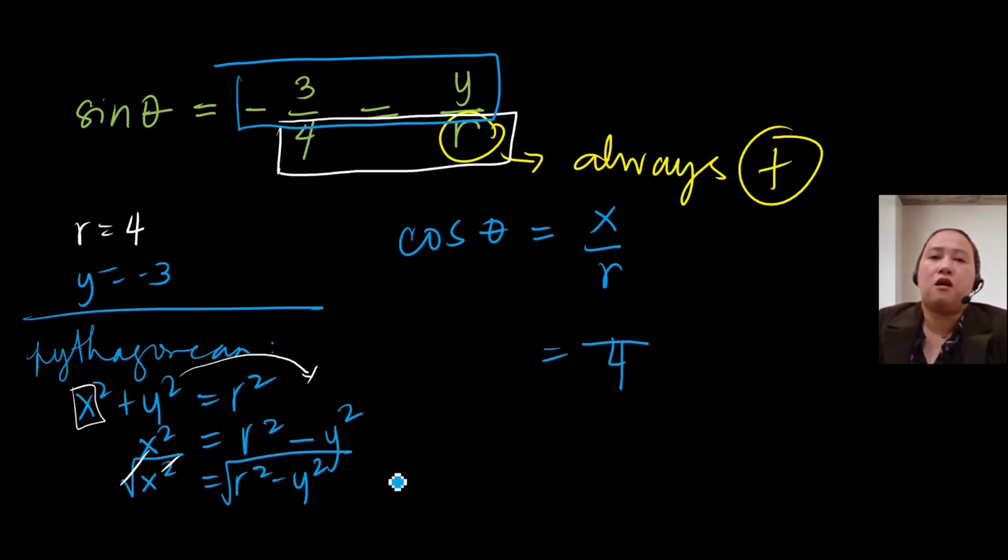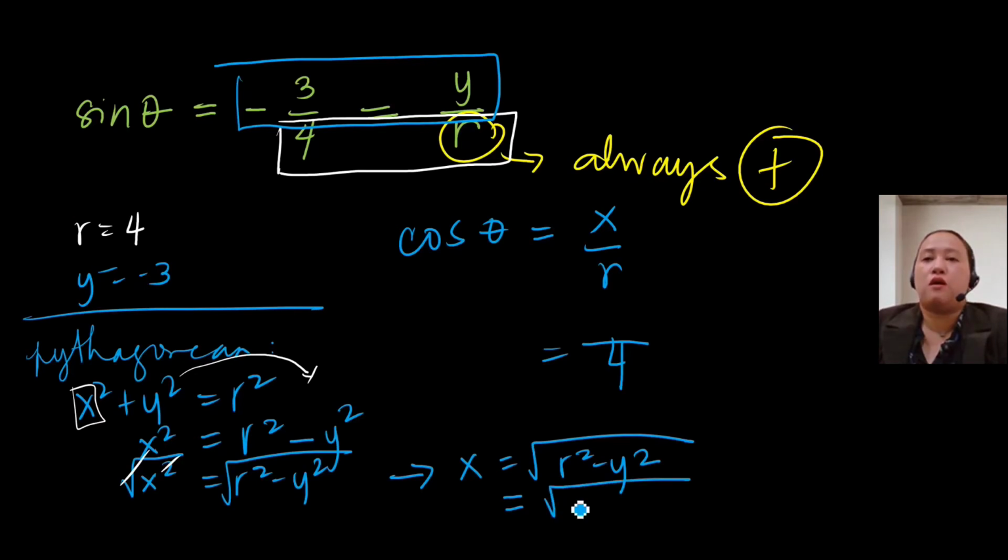I'll just write it here. So x squared equals, or rather x, because we already removed the square. Okay, so we have here x equals the square root of r squared minus y squared. Then substitute: r is 4 and y is negative 3. Okay, so we have here x equals